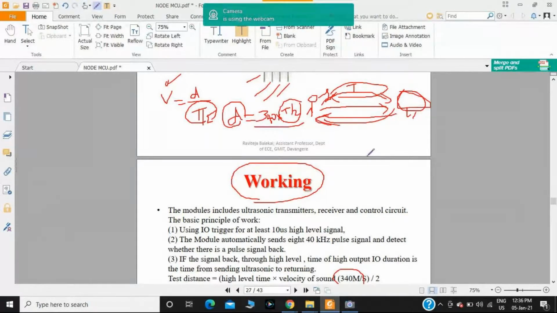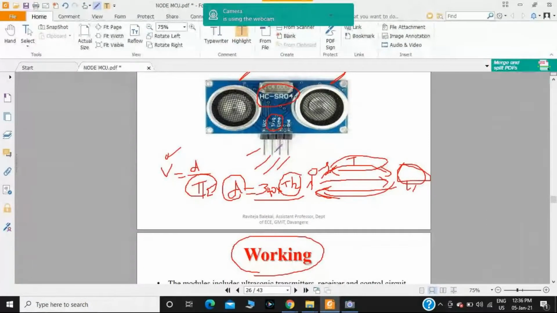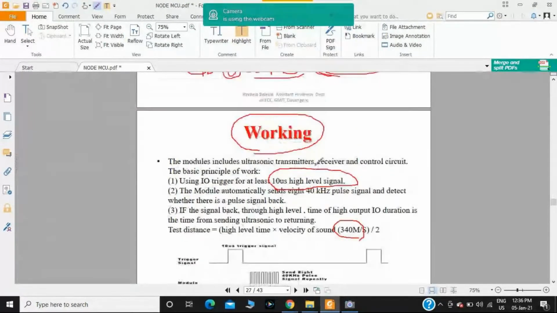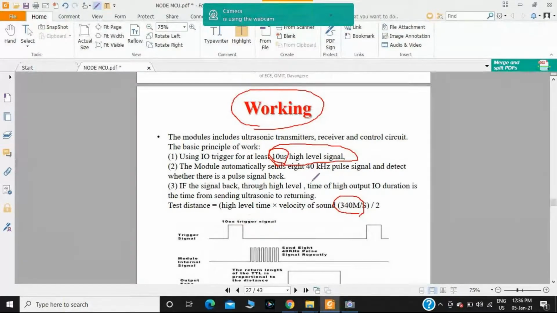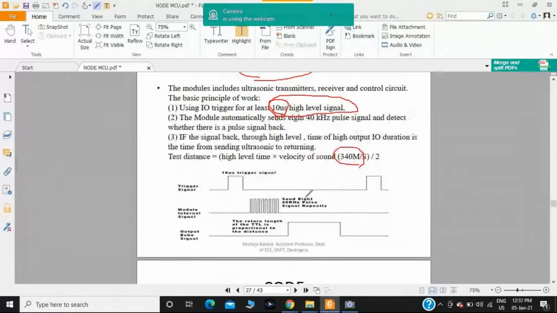In my case, you will have two pins: one is the trigger pin, another is the echo pin. First, you should send a sound wave from the sensor by triggering. For that, I provide a signal from the NodeMCU to the sensor with a time duration of at least, or greater than, 10 microseconds. If it is greater than 10 microseconds, the sensor, with the help of the trigger pin, sends a total of 8 pulses at 40 kilohertz from the sensor to the object.